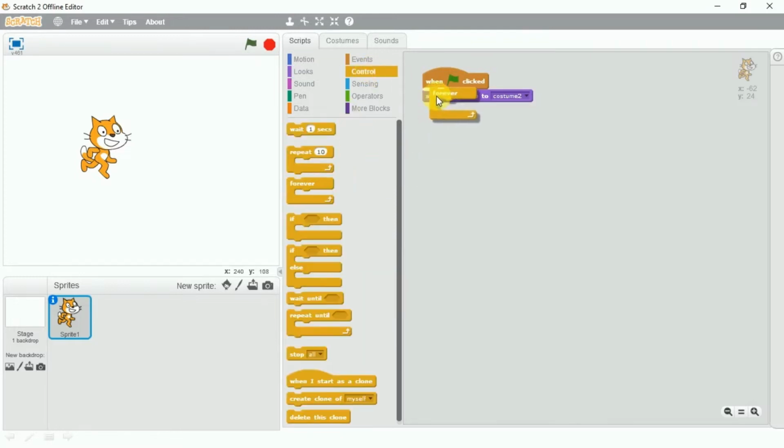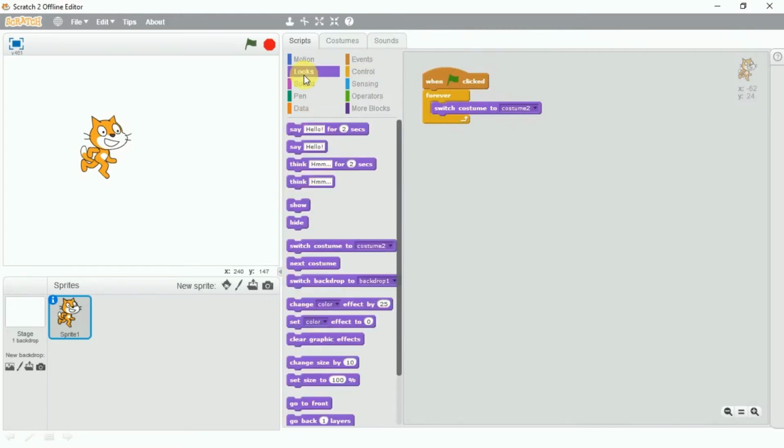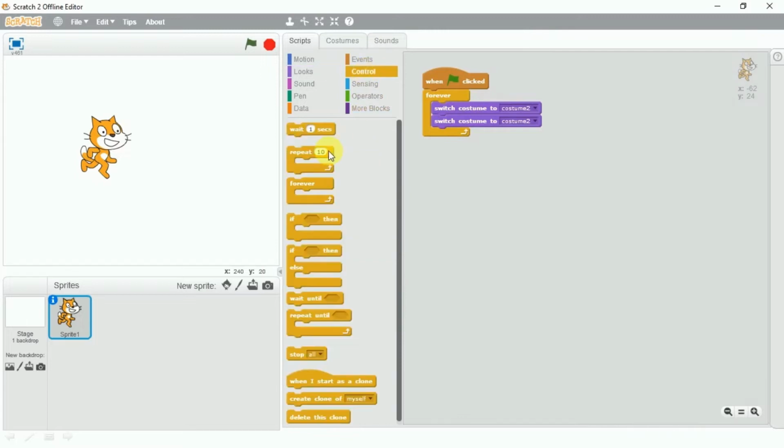If I take the forever block, it will keep rotating, and I go back to the looks block and choose costume 1 and insert a wait of 0.2 seconds, then costume 2 with 0.2 seconds. Now let's see.